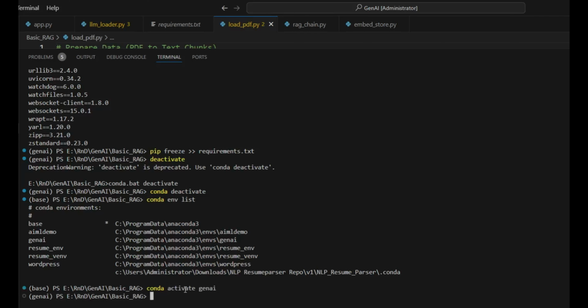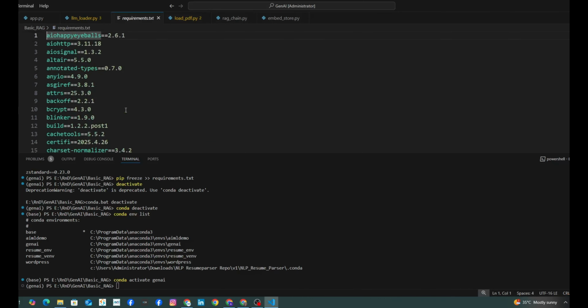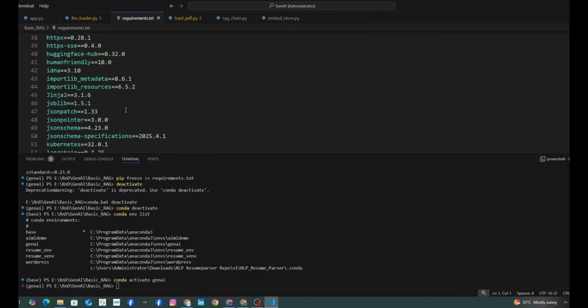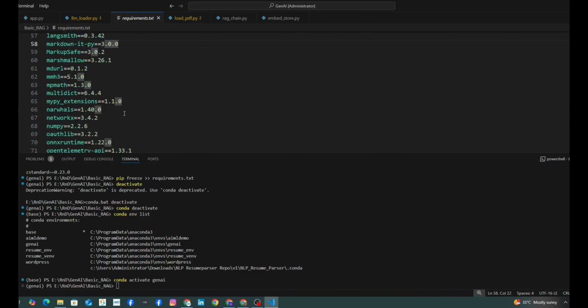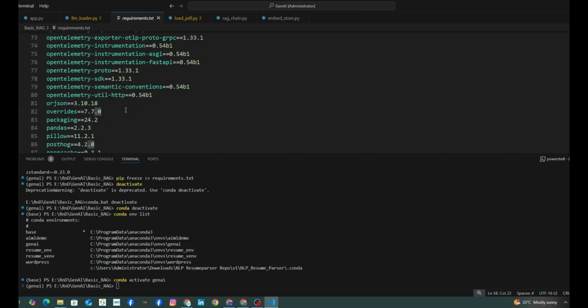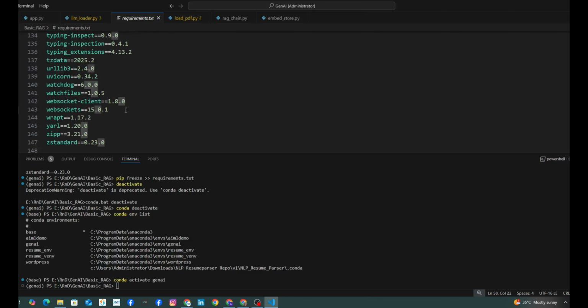What I did to set up this environment was to use this requirements.txt file. It's a large txt file, because we are installing many libraries like LangChain Community and Streamlit, and they in turn install many other libraries. So it's a large list.